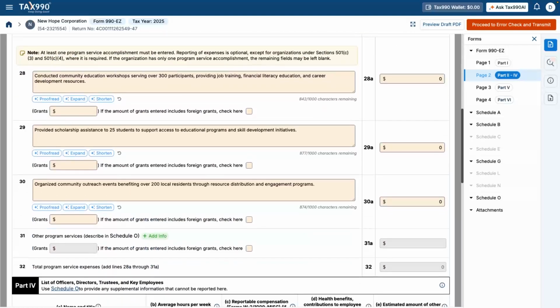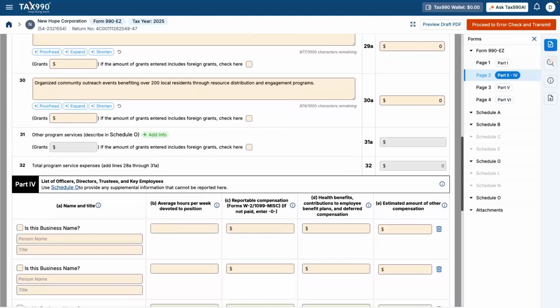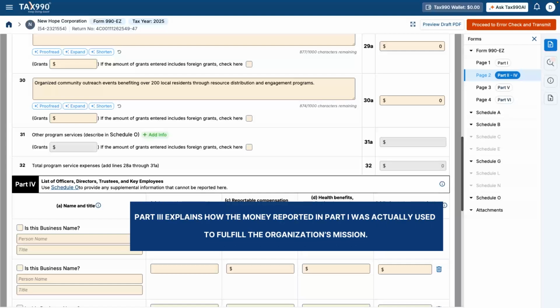Now let's move to line 31, Other Program Services. If additional programs exist, they can be entered here. Use Schedule O if more space is needed. Line 32, Total Program Service Expenses. This total should align with your internal expense allocations and overall totals from Part 1. The key takeaway: Part 3 explains how the money reported in Part 1 was actually used to fulfill the organization's